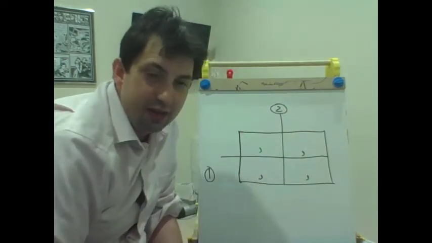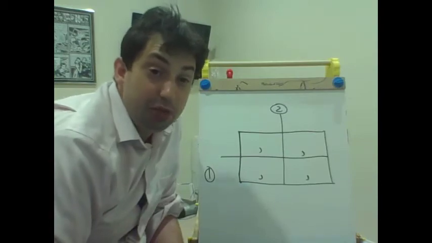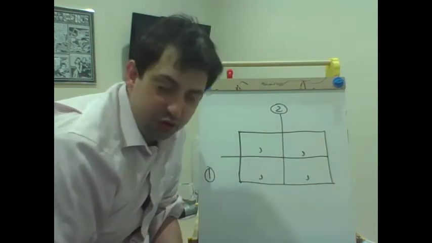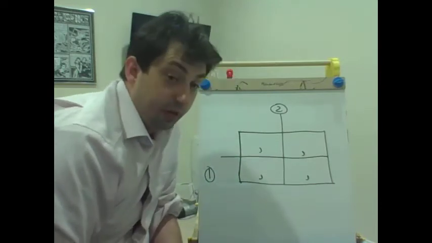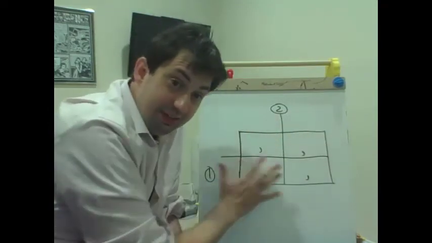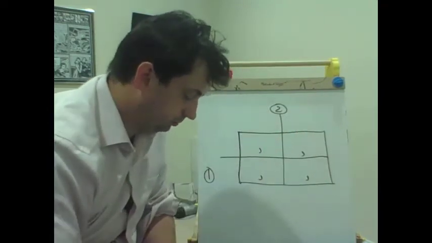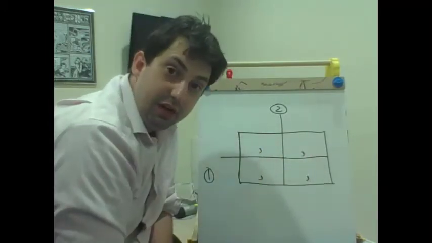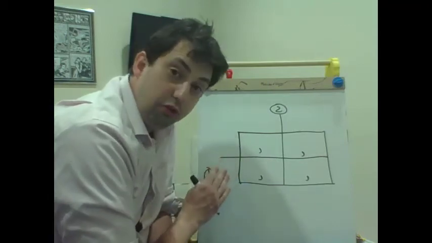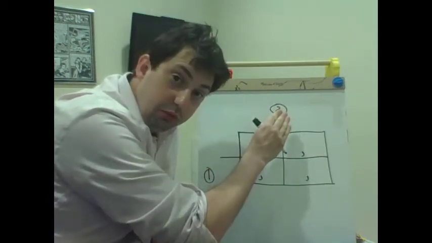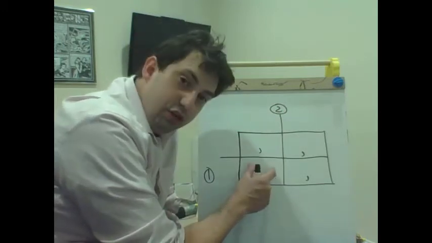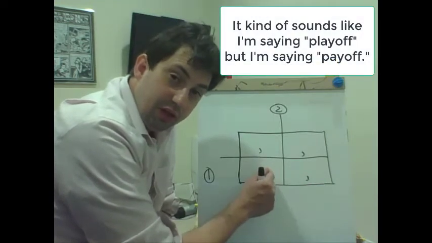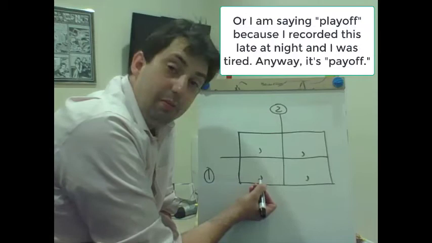We can complicate this by adding more strategies for either of them. We can add more players, which gets annoying, but we can do that. But again, for simplicity, we're just going to go with this very basic classic structure. Each one of these cells represents a combination of a strategy choice for player 1 and a strategy choice of player 2. And so there will be 2 numbers here, one representing the payoff for player 1, the second representing the payoff for player 2, separated by a comma.